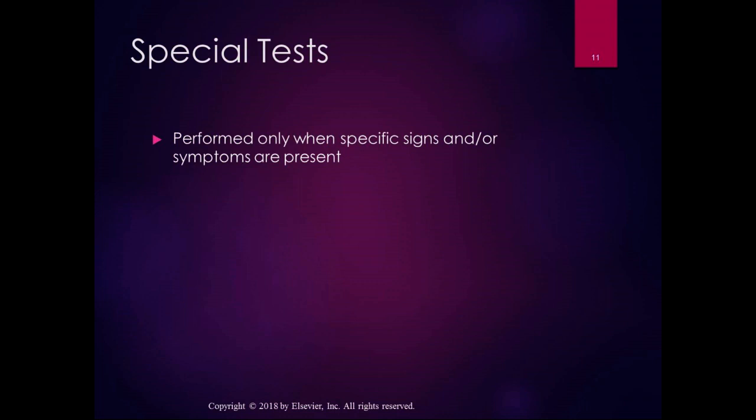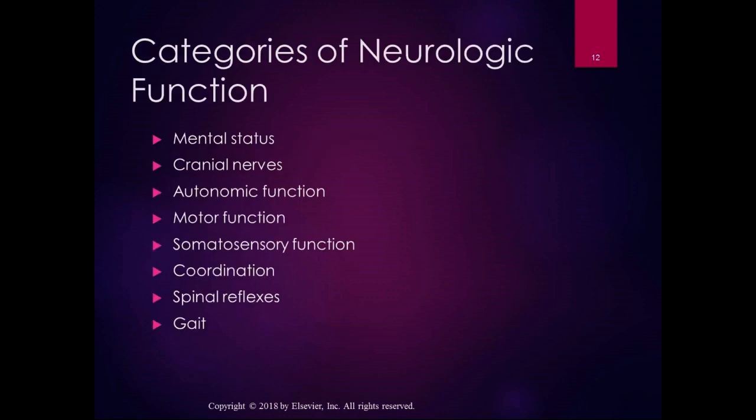You definitely won't be responsible for that information, so you might want to put aside, like, hey, I'll read this later when I have more time. Or if you have to look up a specific special test. So the categories of the neurological function are mental status, cranial nerves, autonomic function, motor function, somatosensory function, coordination, spinal reflexes, and gait. So all of those things are going to be tested in some way. And then special tests will be performed if a specific